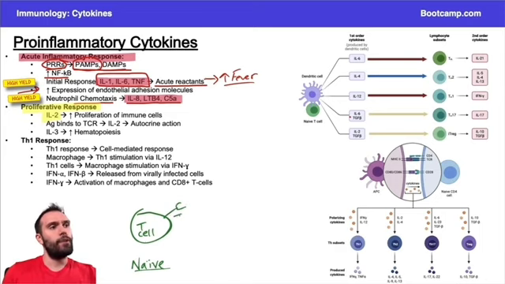So this cell's T cell receptor, TCR, okay? This T cell has a T cell receptor, and it's got some other receptors out here too. Let's just say it has another receptor here. This will be its interleukin-2 receptor, and you'll see where I'm going with this in a second. So what will happen is, at some point, this T cell has a very unique T cell receptor, and it